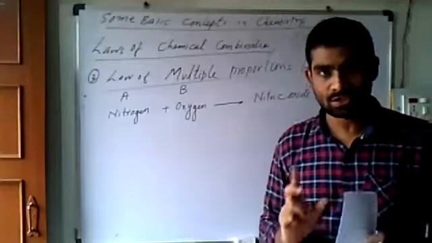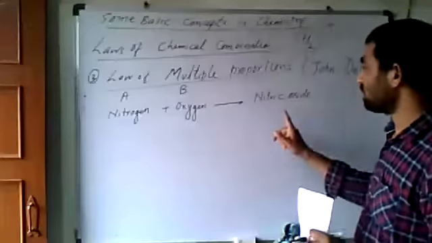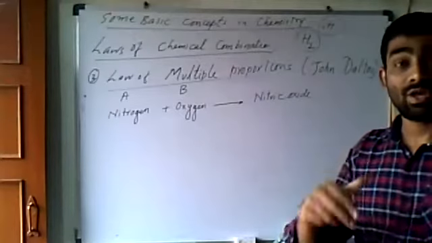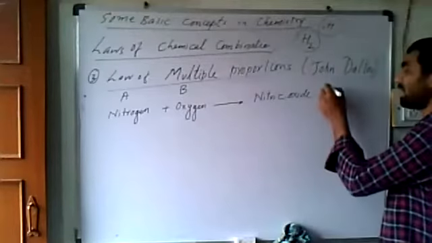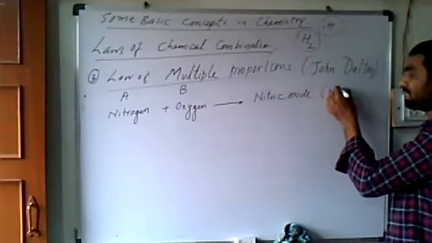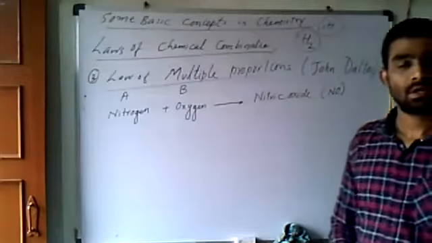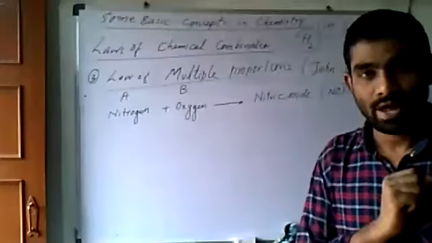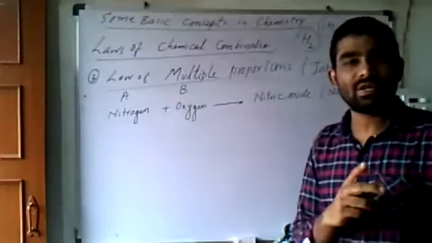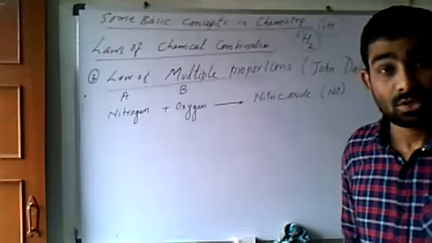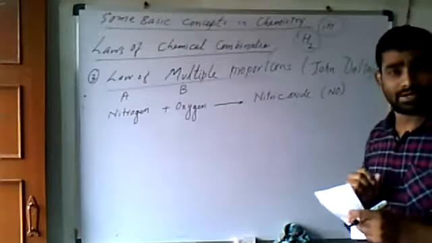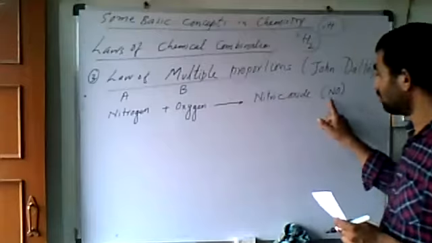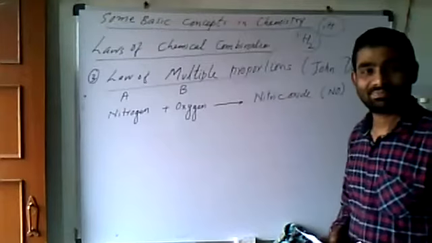This we know. What about nitric oxide? We have to remember this. I will write the formula of nitric oxide is NO. Now the numbers are given in the textbook, and when you study this, you will feel very frustrated. Now see, listen, learn it. It is nitric oxide, right? The formula is this one, right?